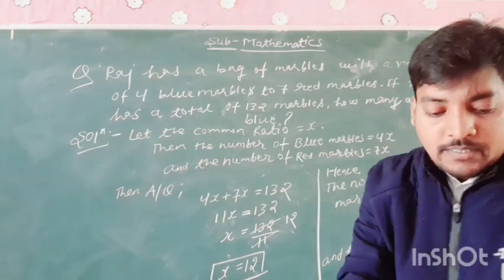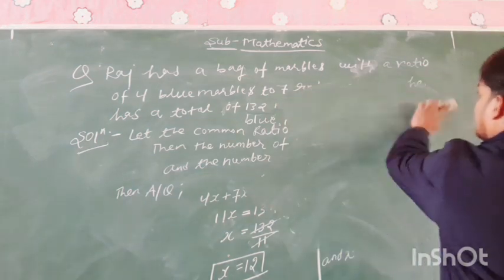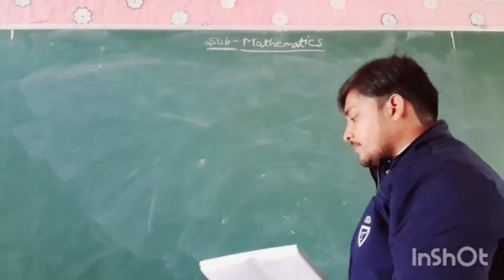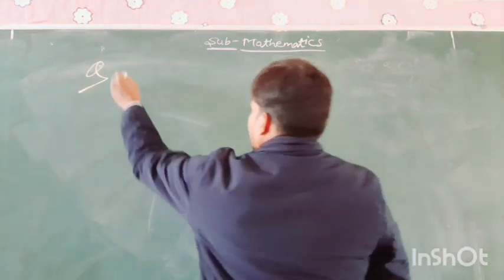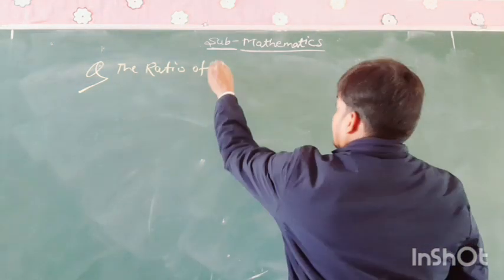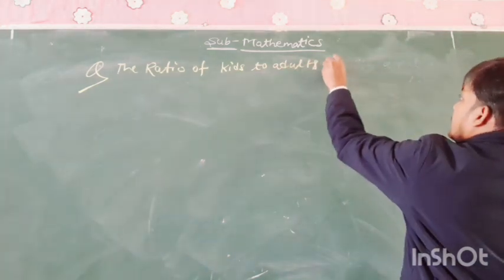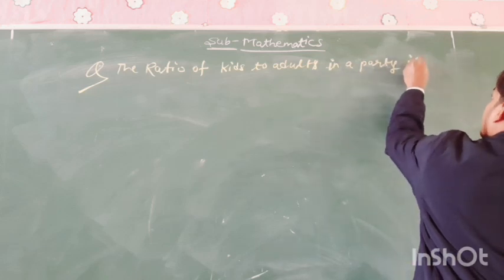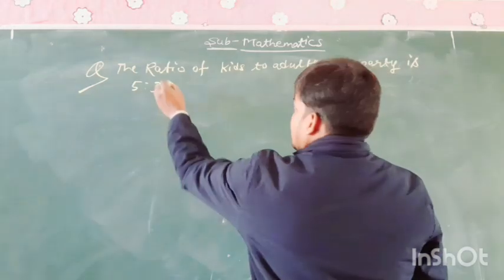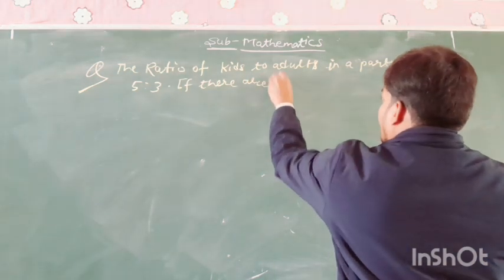And again, one question is considered from the chapter ratio and proportion, which is: the ratio of kids to adults in a party is 5:3. If there are 18 adults